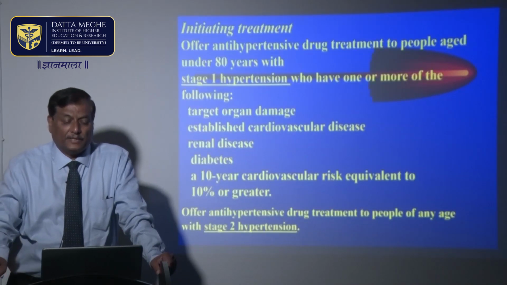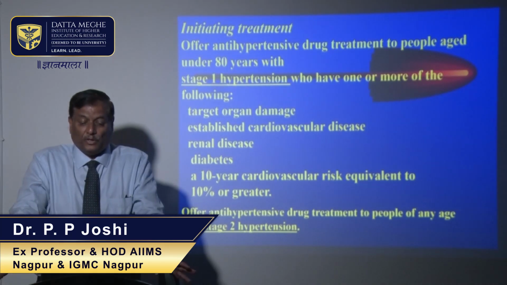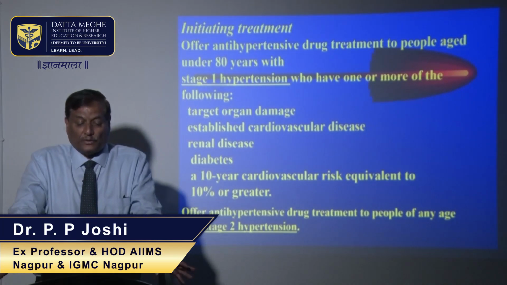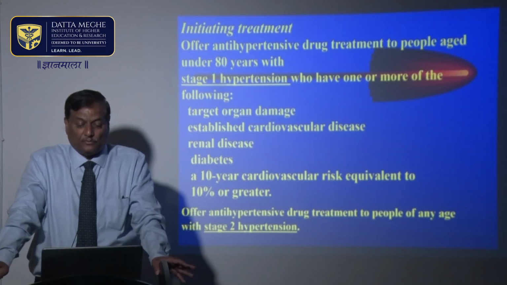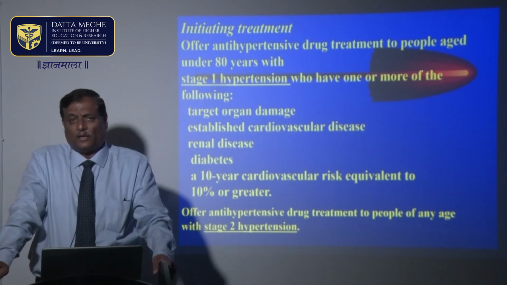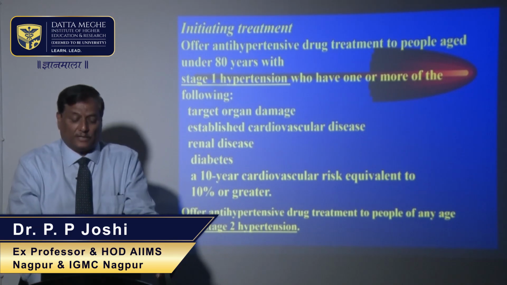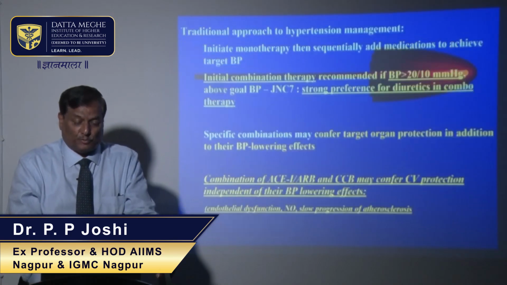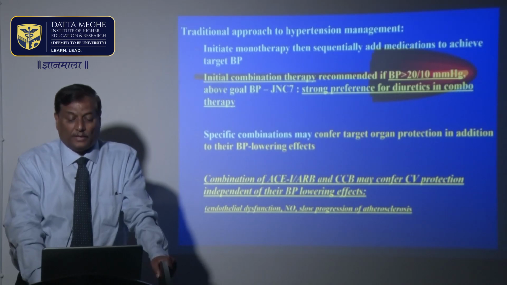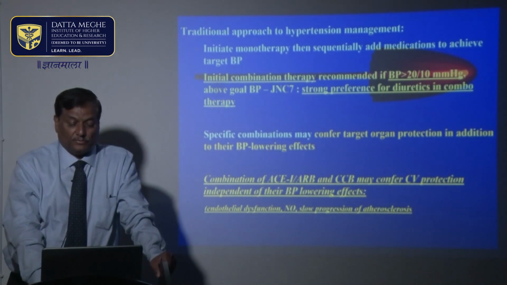So, initiating treatment, we can offer antihypertensive treatment by starting one drug in those under the age of 80 years with stage 1 hypertension who have one of the following. If the patient has target organ damage and has a cardiovascular risk of developing a heart attack within 10 years of moderate to high risk, they should be treated immediately and blood pressure treatment should be started. In stage 2, there is no question, blood pressure should be brought down to normal immediately. And combination therapy is recommended if blood pressure is more than 20/10 of